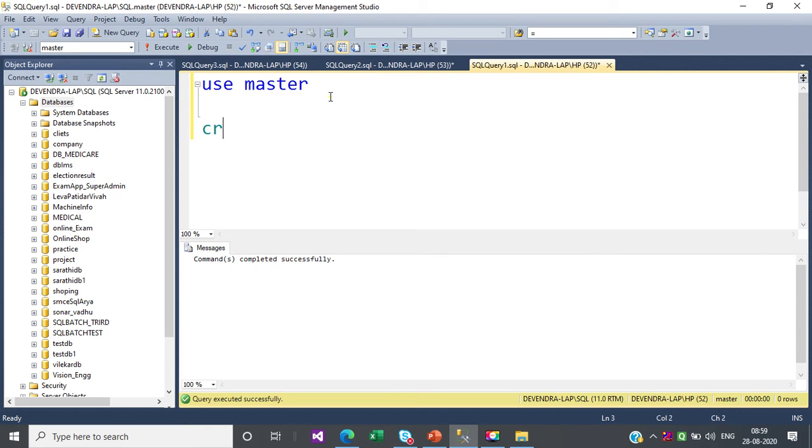So let's say create database, and whatever database name I want to mention, let's say testdb3, we will create, and again we need to write ON PRIMARY. So we are creating the primary data file first.